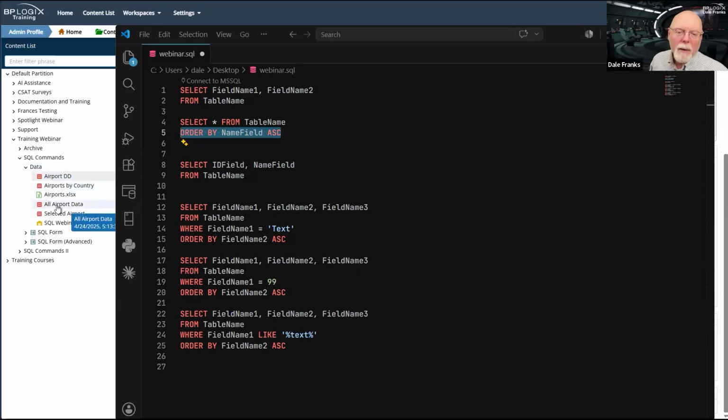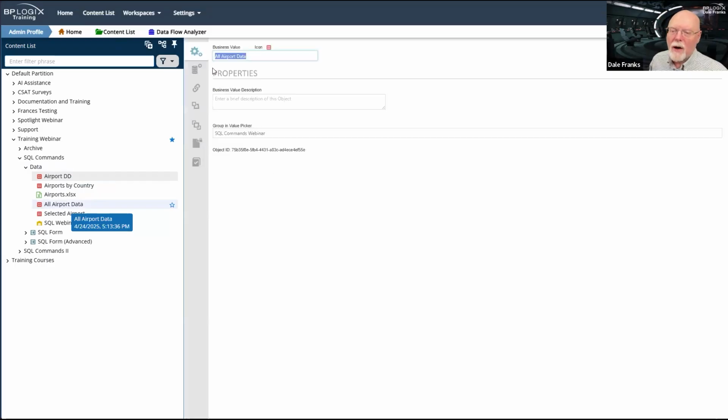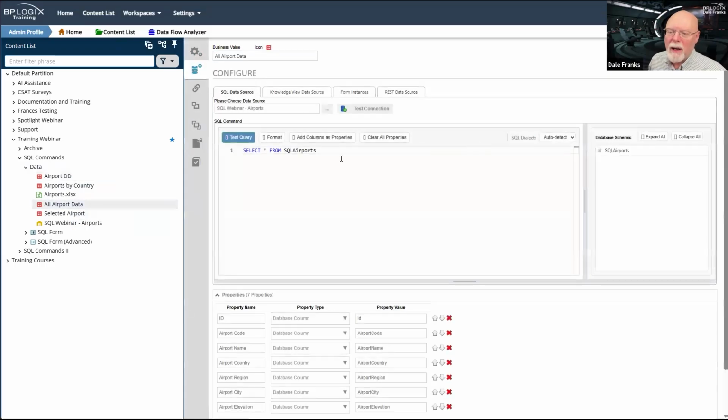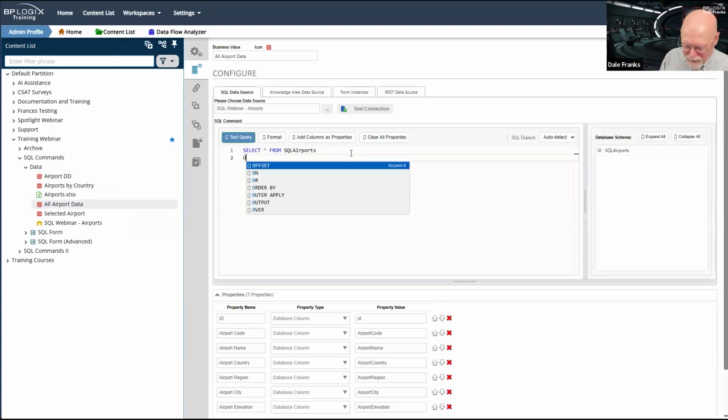What I probably should have done here in all airport data, and I don't remember whether I did it or not. No, I just kept it SQL, select star from airports. What I should probably do, however, is come down here and go order by, and it is airport name, I believe.